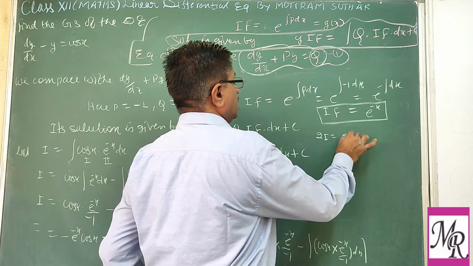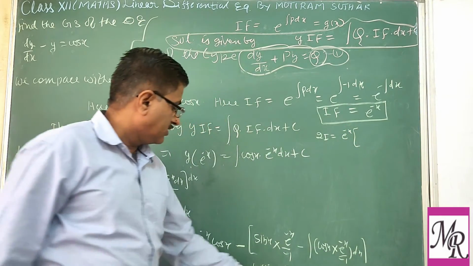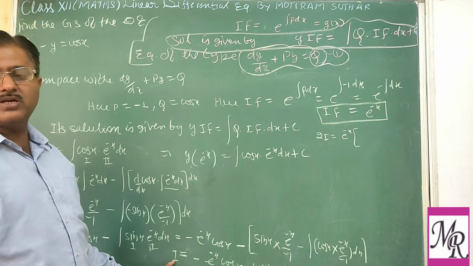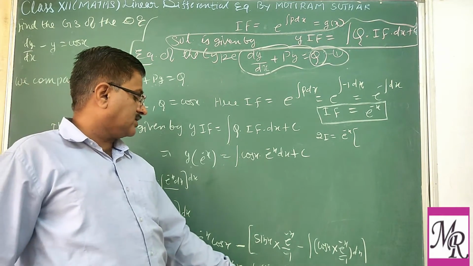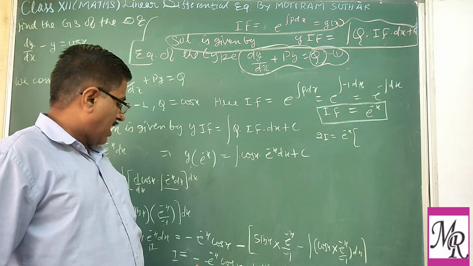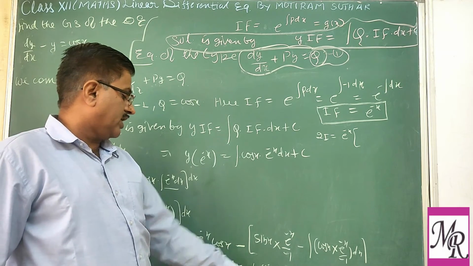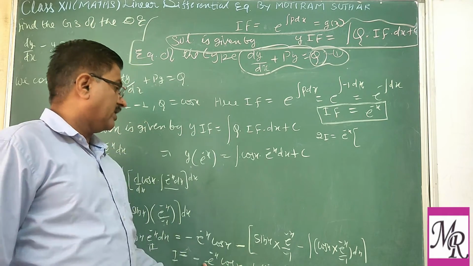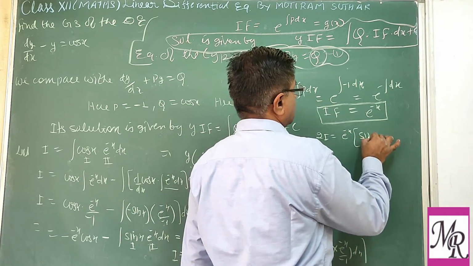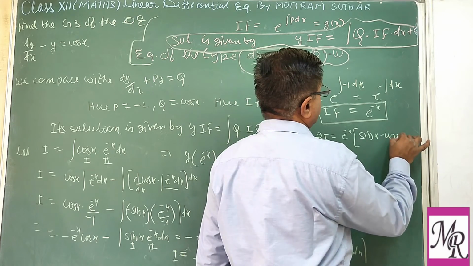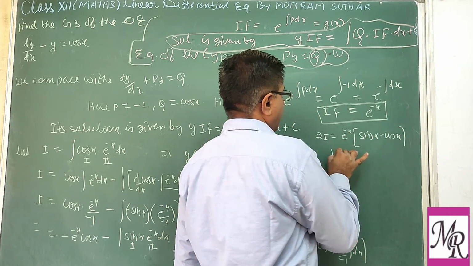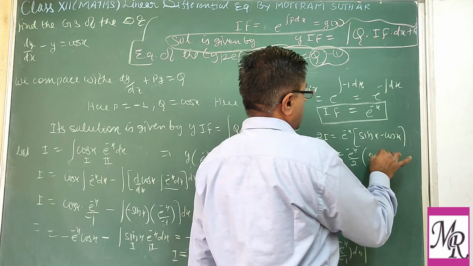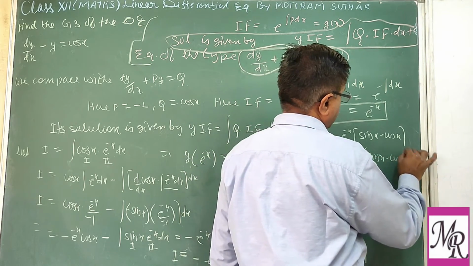So we get 2I. So finally what we get? 2I equal to e power minus x. This minus I we transfer to the left side, plus I plus I, 2I. Here sin x e power minus x plus minus e power minus x cos x. So you can take e power minus x common. So this leaves only sin x minus cos x. This integration is very important. So finally you get I equal to, so this is the integration of the right hand side.